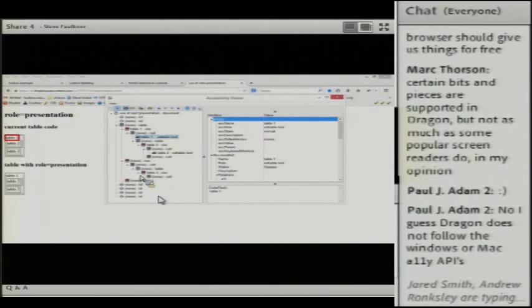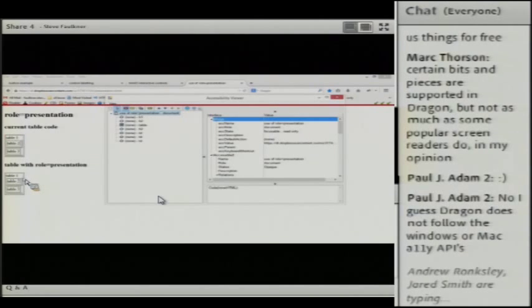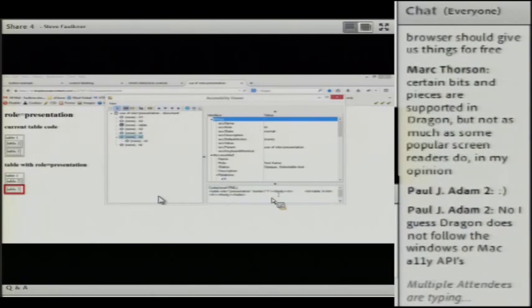But then if we look at the second table, and this second table is using role equals presentation, and what we find.